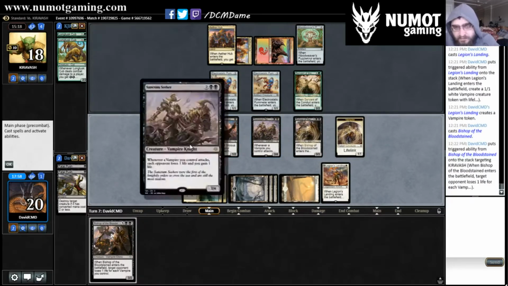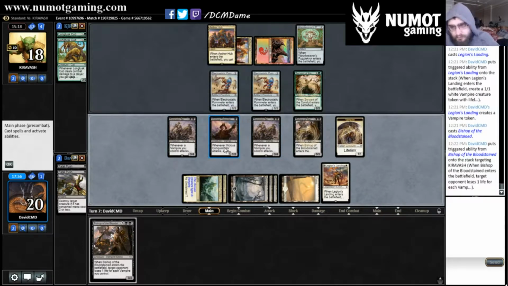Let's see. This is 2, 3, 4, 5, 6, 7. Puts them to 11. I lose both of these, assume, and this one gets through, puts them to 10. And then I'm left with 3 vampires. Can drain for 4 next turn, and not really have...